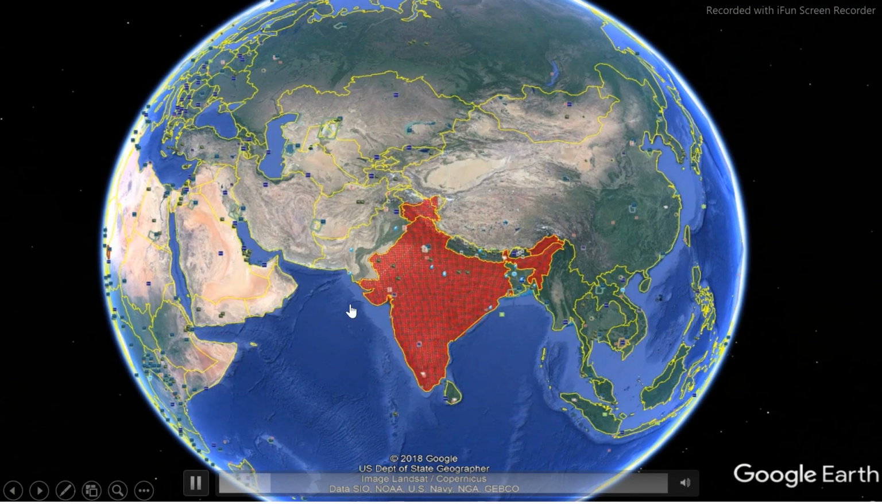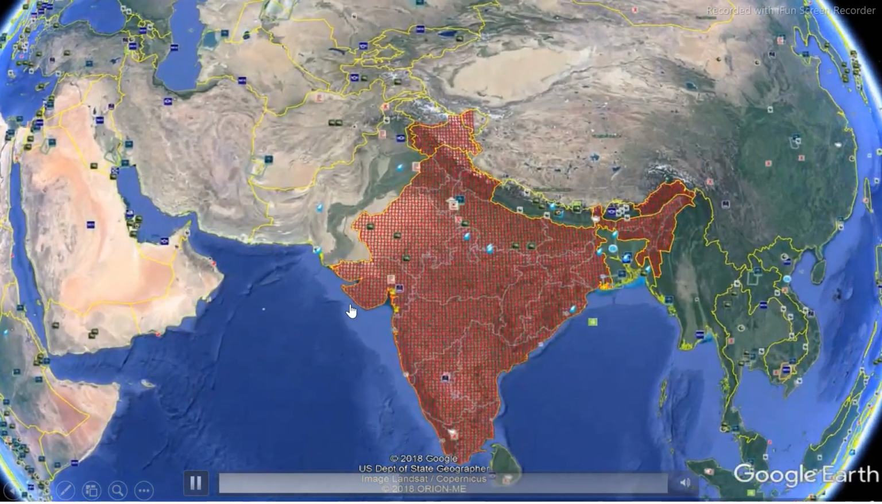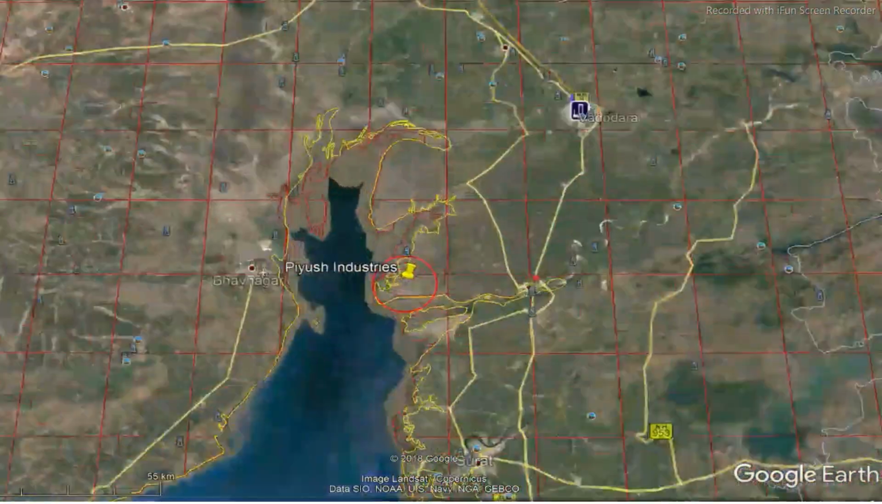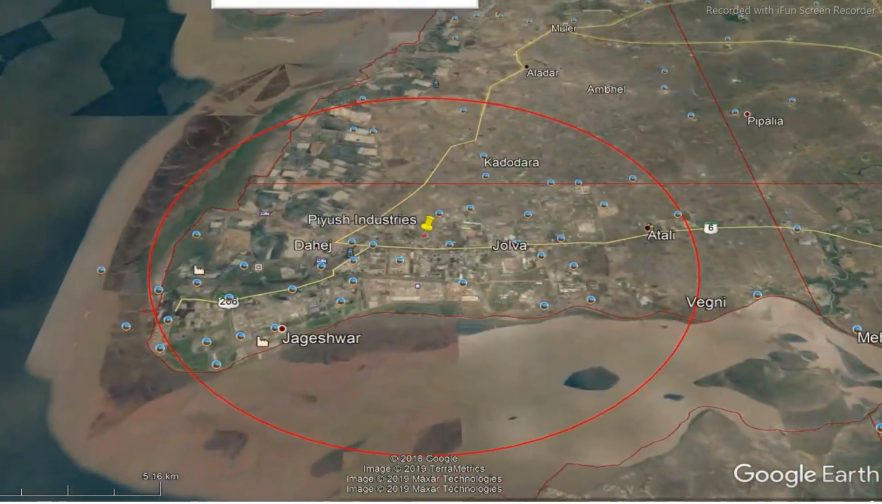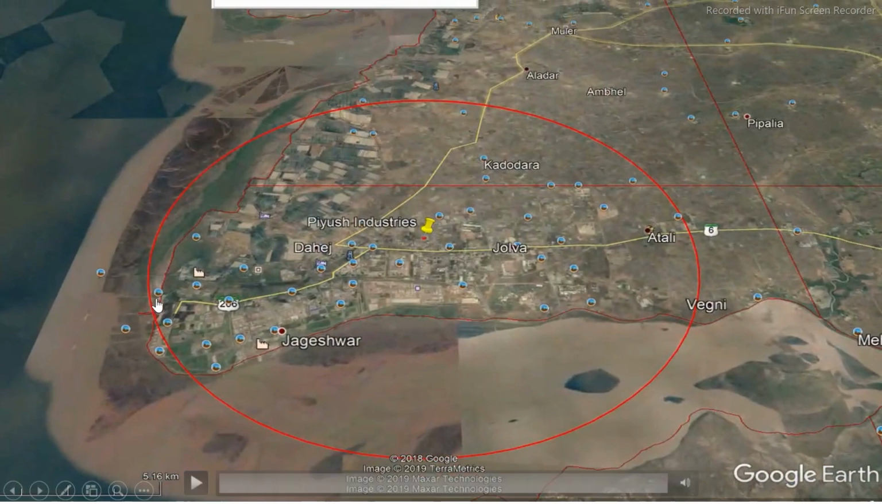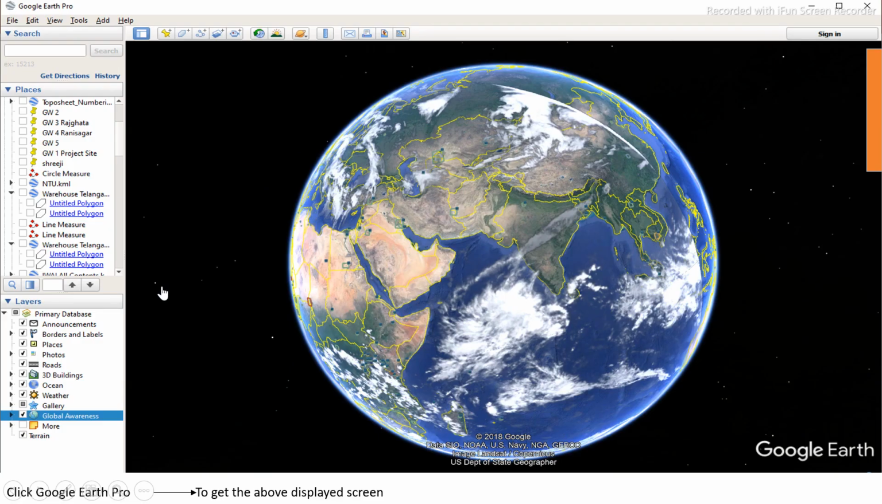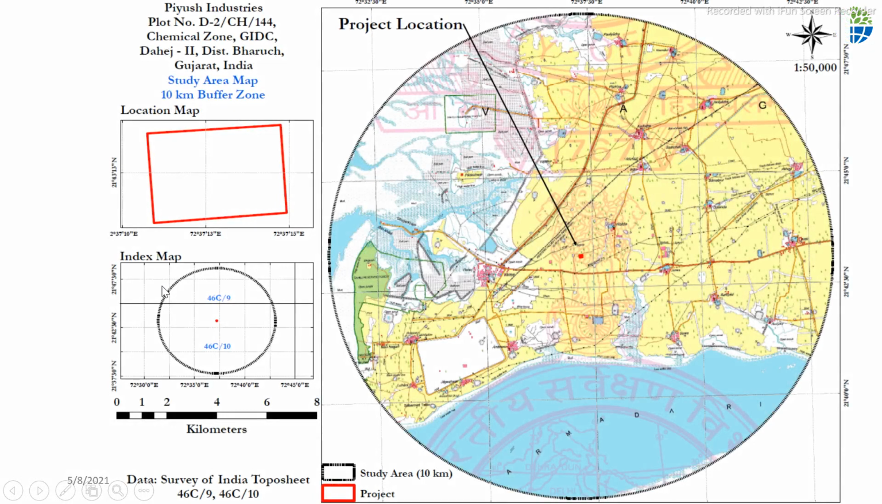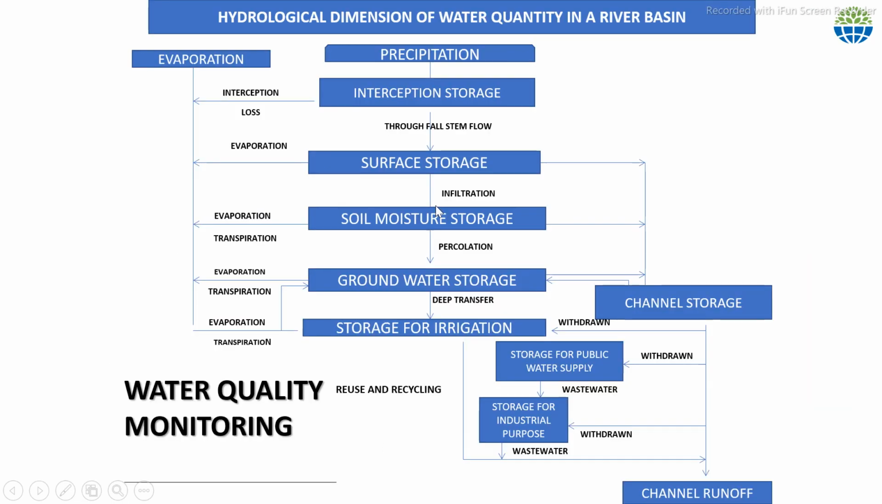So one can check the data of any industry, the site condition, on Google Earth Pro software. Also, this is free software. You can go to the site, and we can also check some data from the topo sheet after preparing the study area map. This is the topo sheet. In this topo sheet, the data for water body, human settlement, road, everything is already given, which is infrastructure. For data of